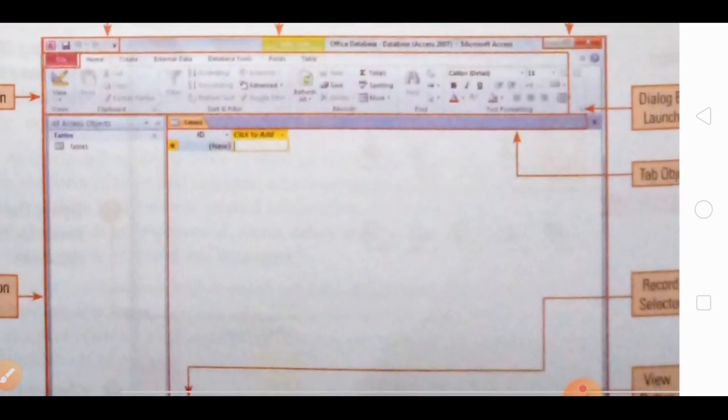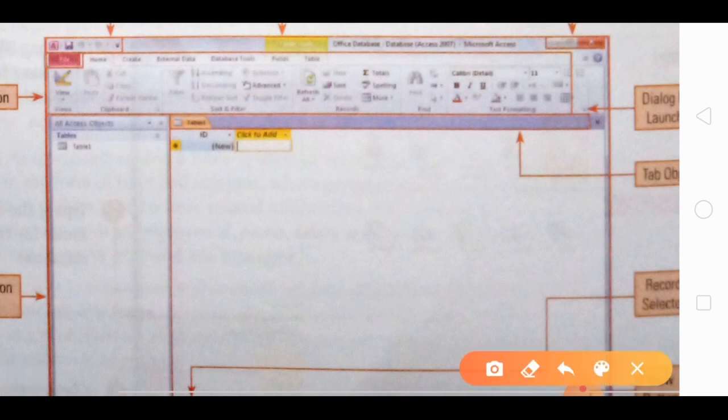So the tabs object, this is the important thing to know. For example, if you had more than one table, table 2, table 3, table 4, then each table will be shown here. Like table 1, you can see that the color of the table is changed here, a light orange and the purple. So the tab that contains table 1 is a light orange. Similarly, if you have more than one table, then table 2, table 3, table 4, table 5 can also be shown here with orange color.